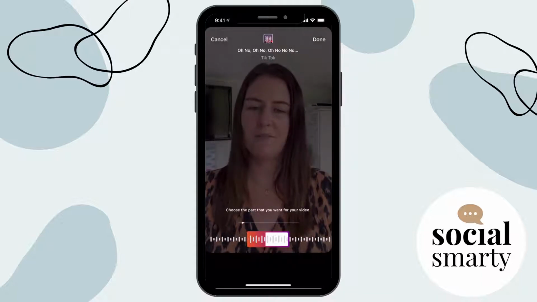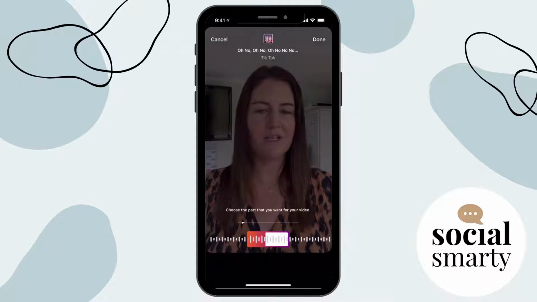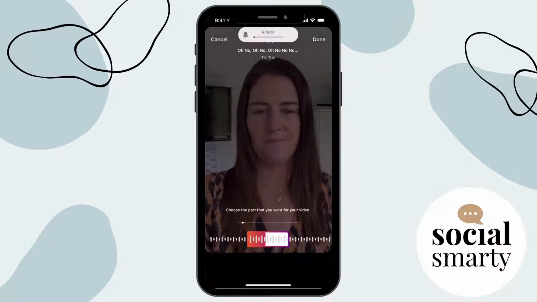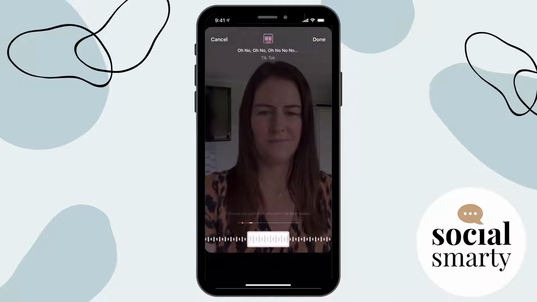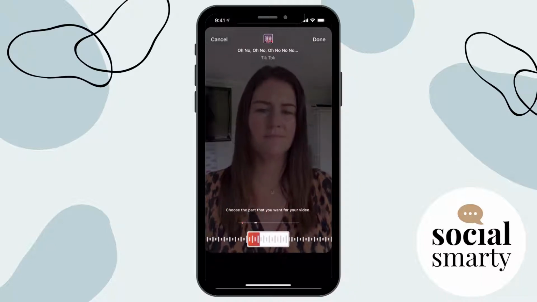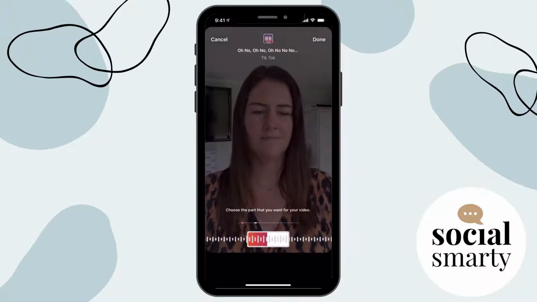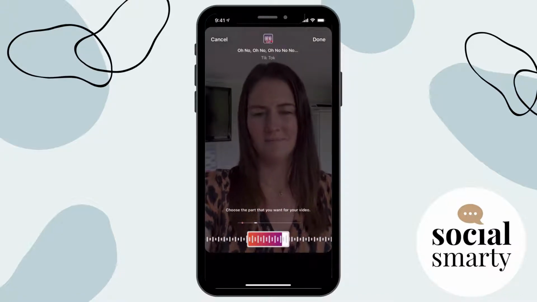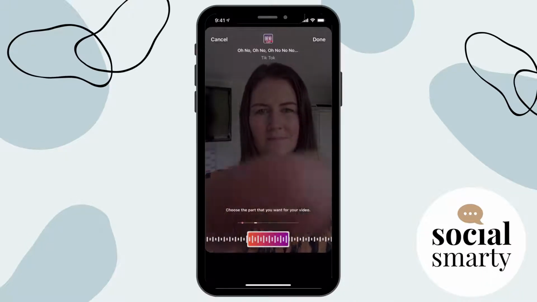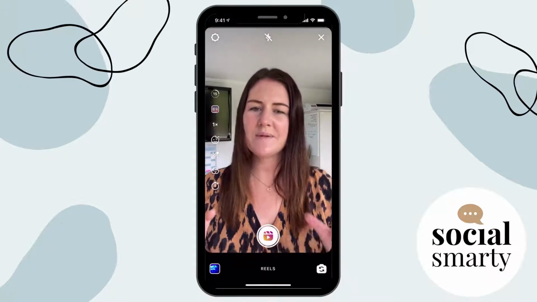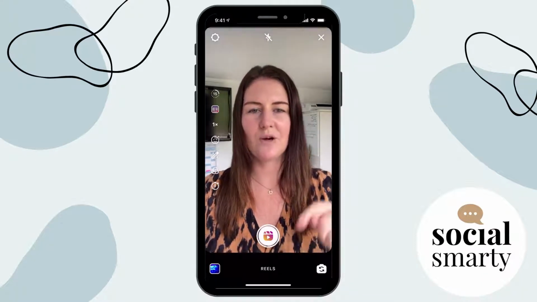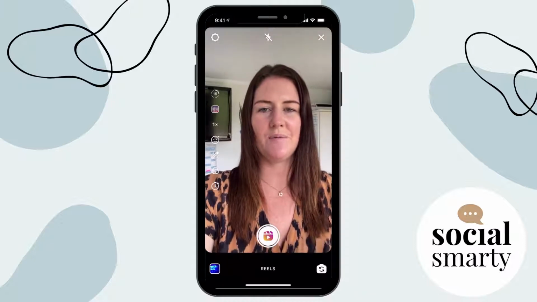So I'm going to turn the volume back on again, so you won't be able to hear me for a minute, but I'm going to find the point of the song that I want using that slider at the bottom. Cool. So once I was happy with that selection of music, I just clicked done up in the corner there. So I'll whip back in and I'll show you again. We go in, and then when we're happy, we click done.